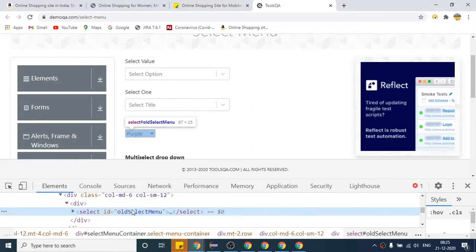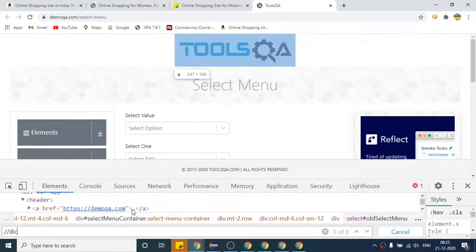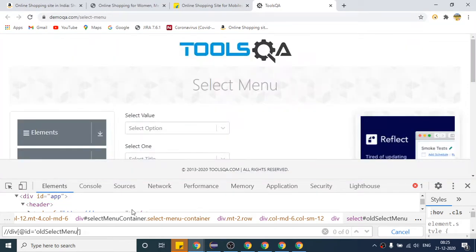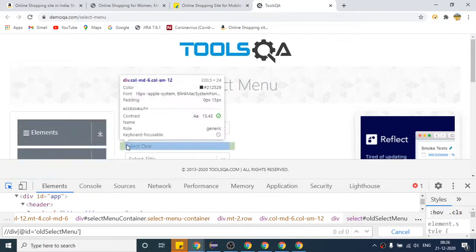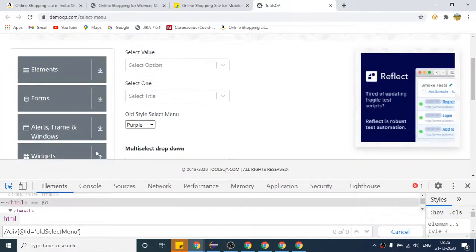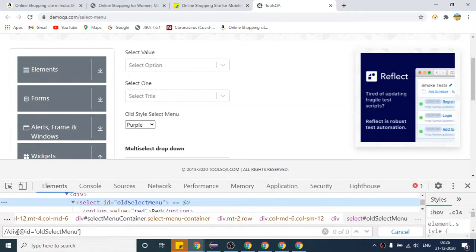You can write, so this is the one. Control F, if I write XPath /div @id equals to, okay, so this is not the correct one, I think. Select, it is the one, so it is select. So this is the correct XPath.